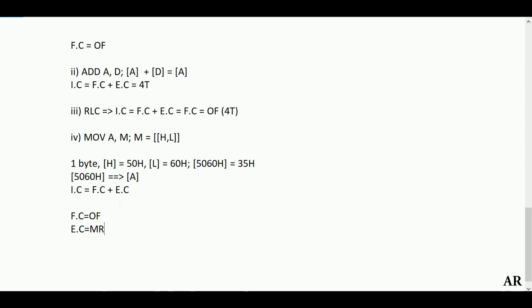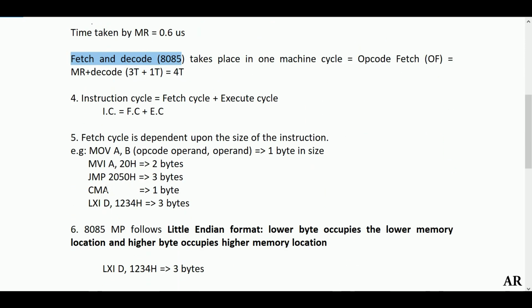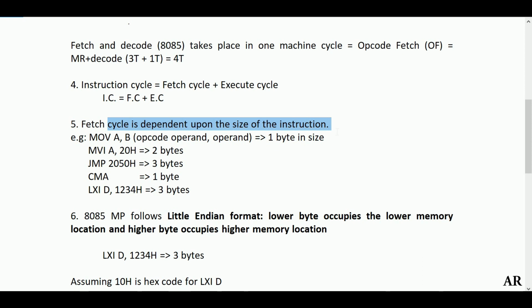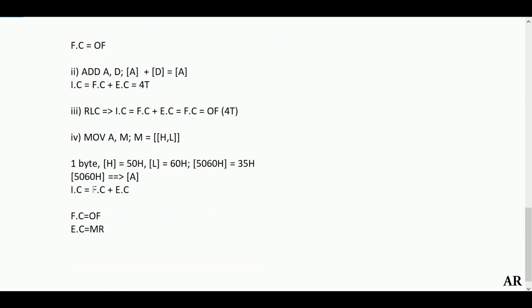Again, I am trying to clarify. As already mentioned, fetch, decode, and execute. Fetch and decode take place in one machine cycle, that is your opcode fetch, and the fetch cycle is dependent upon the size of the instruction. Since it's 1 byte, it just needs to read that 1 byte of data, which will only be opcode fetch.